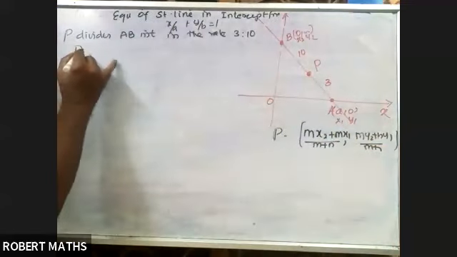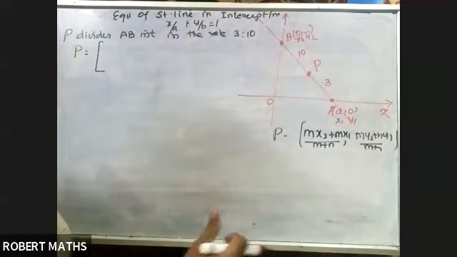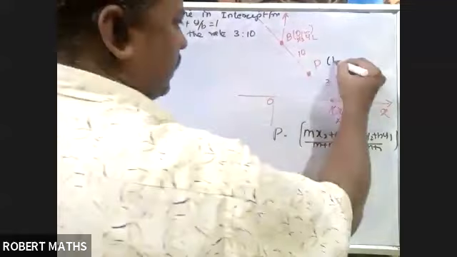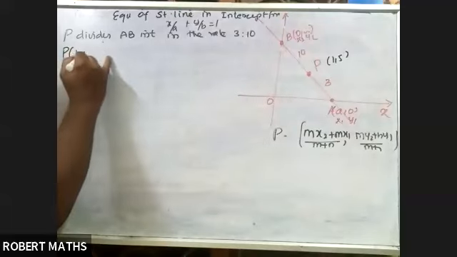Now let us find out P. Your P is equal to what? What is the formula? Tell me. The point P is given, the line is passing through the point 1, 5. So the equation of the line passing through the point 1, 5, the P point is given as 1, 5. Now I can write this as P of 1, 5